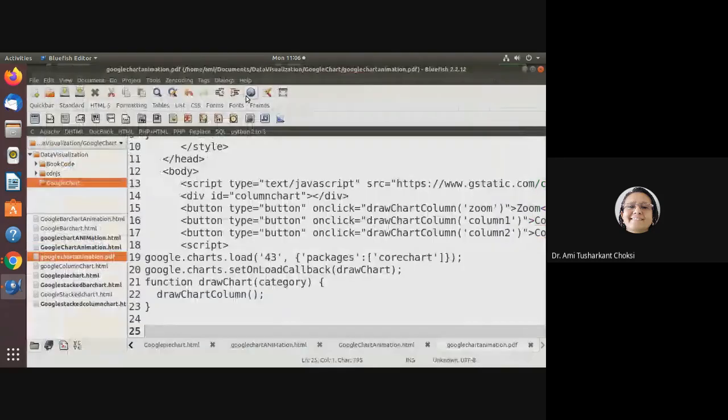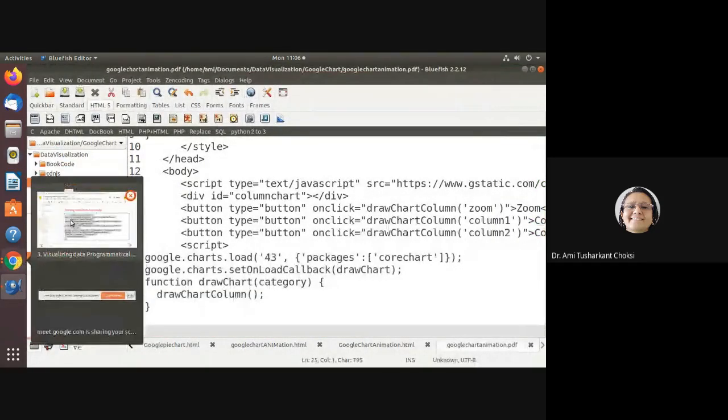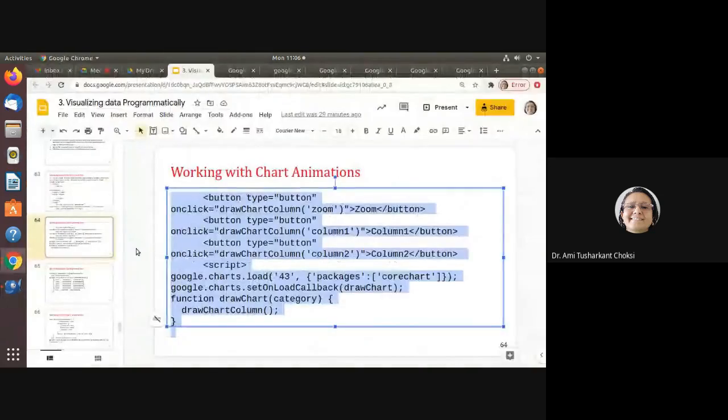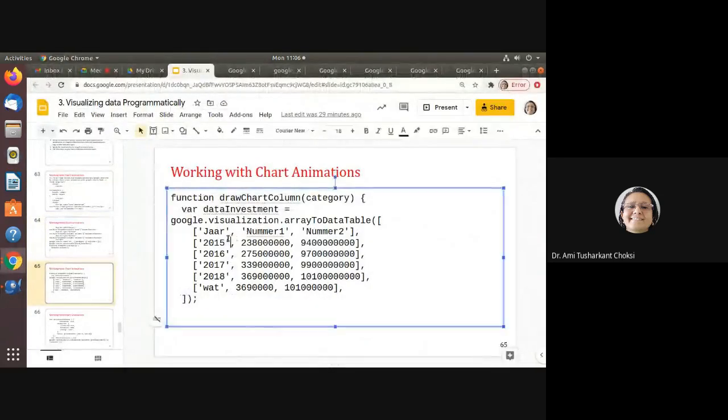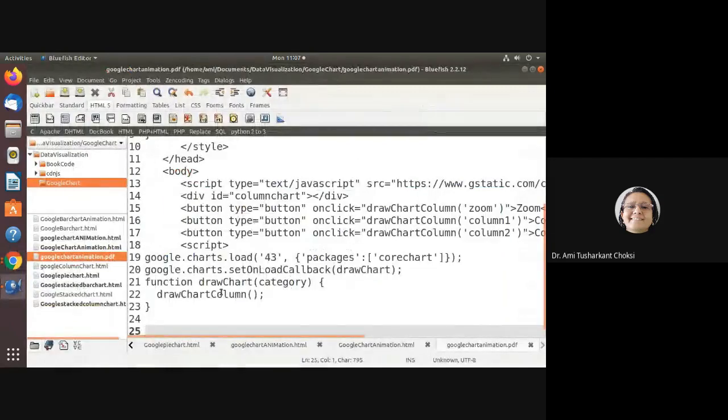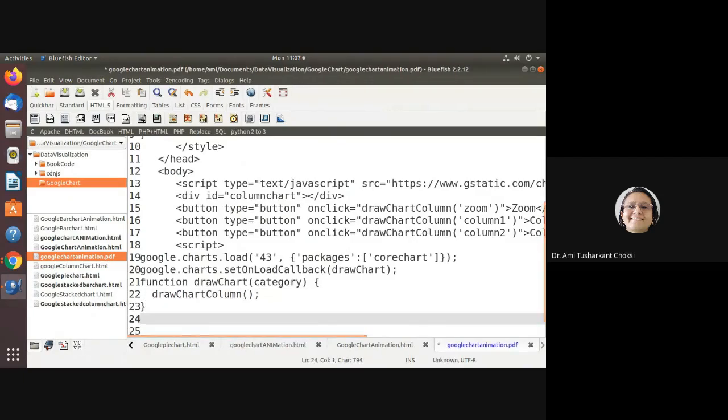Now, what else? We are having the Google chart column because there we are specifying the category which we have called from the previous function, right? This was drawChart from which we are calling the drawChartColumn. Fine.